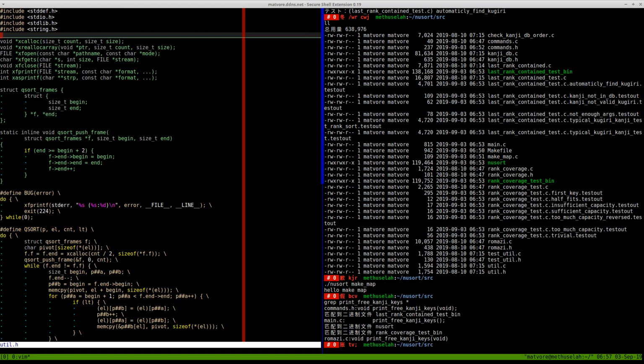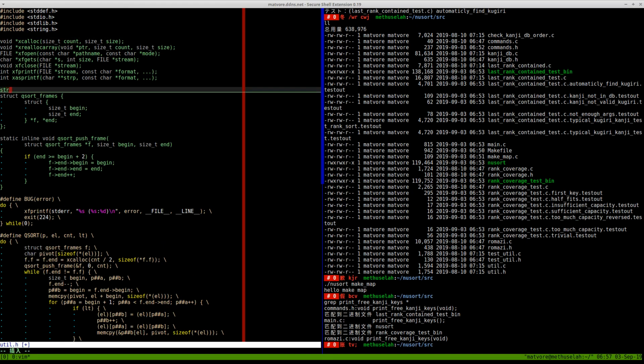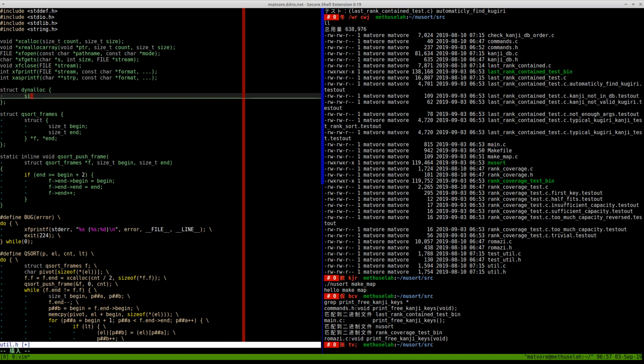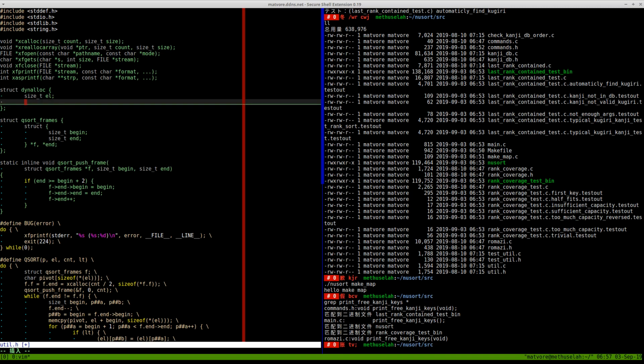So what I'll do is I will have a struct which indicates the size of the array. Count, let's call it size_t, and capacity, and